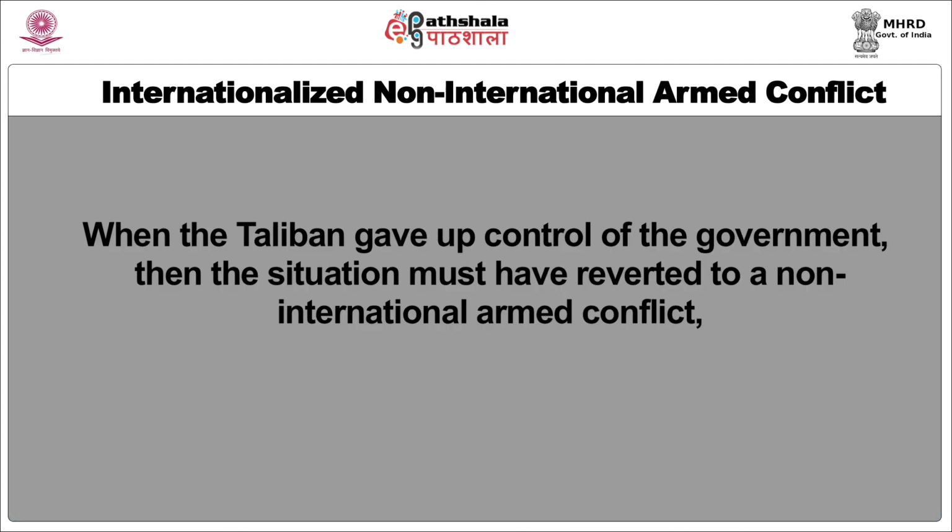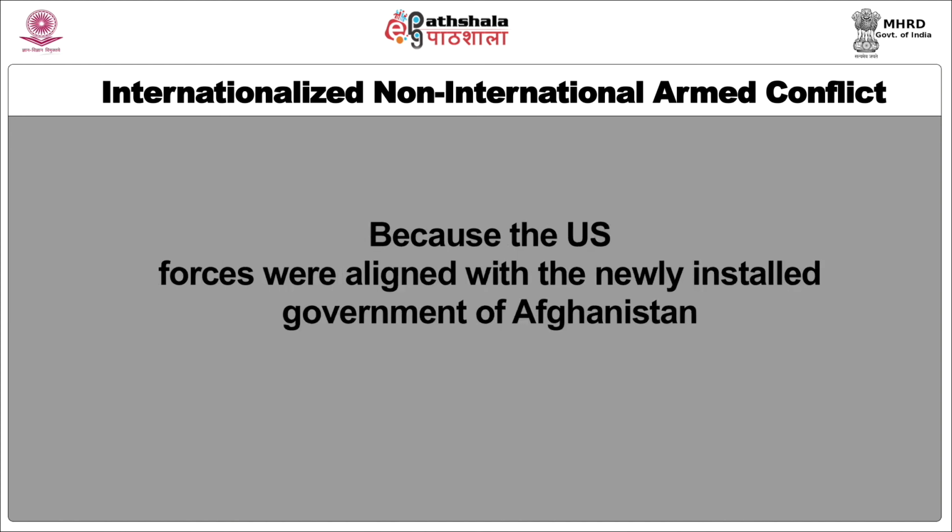The armed conflict in Afghanistan was probably a non-international armed conflict between the Taliban and the Northern Alliance troops until the US forces intervened, at which point the conflict became internationalized. When the Taliban gave up control of the government, the situation must have reverted to a non-international armed conflict, because the US forces were aligned with the newly installed government of Afghanistan. The involvement of another state, hence,